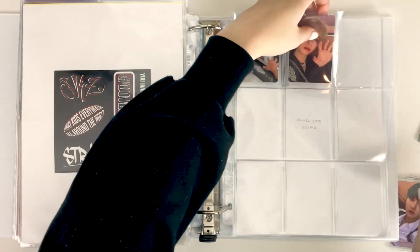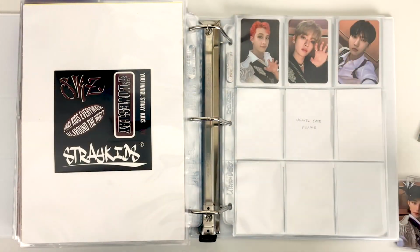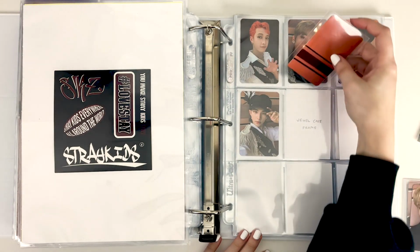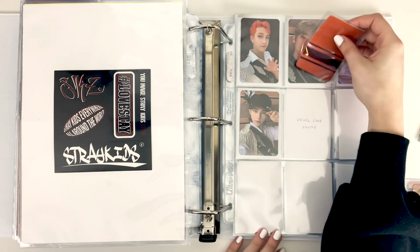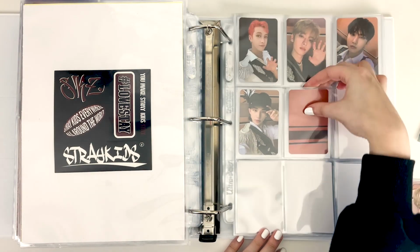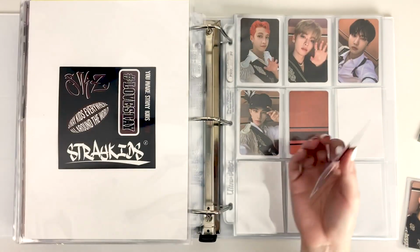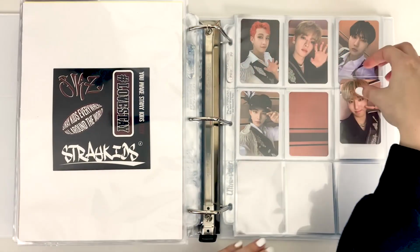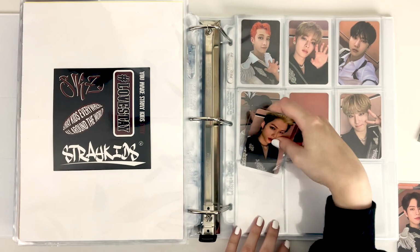How do you guys like to do your collections? Do you do full 9-pocket pages like this? Do you have those mini binders? Do you have those 1-page collect books? I've been looking into different ways to store my collection because all I really do right now is the full-size 3-ring binder like this, but I have been interested in looking at other possibilities, especially